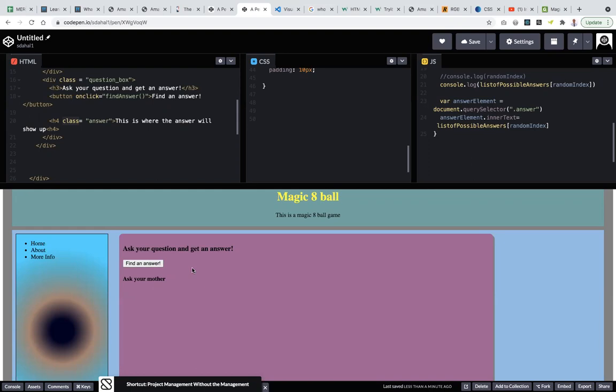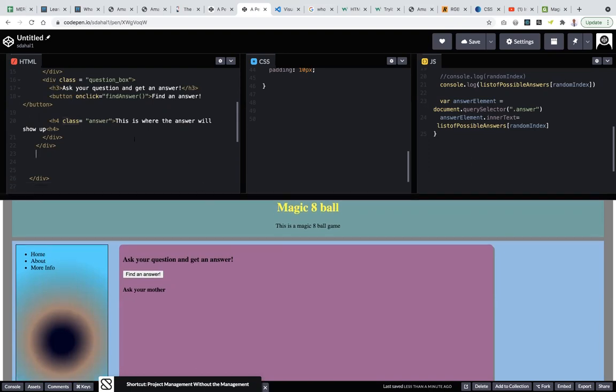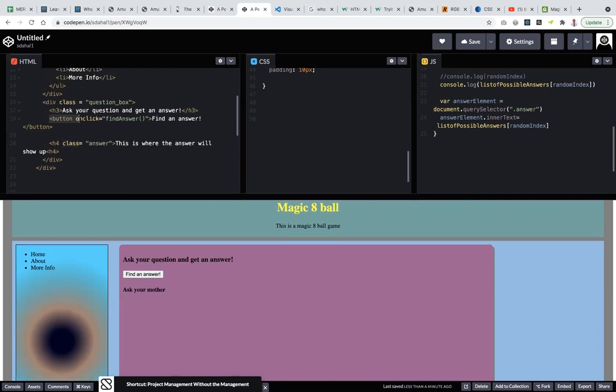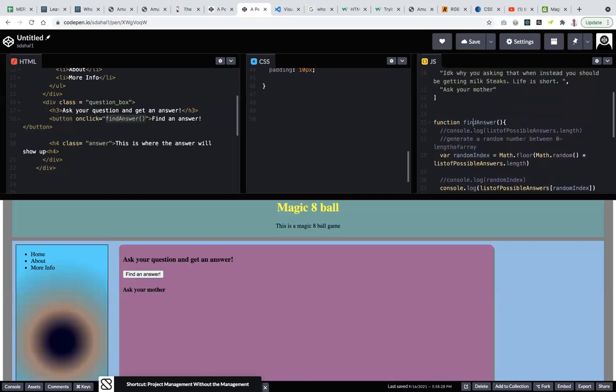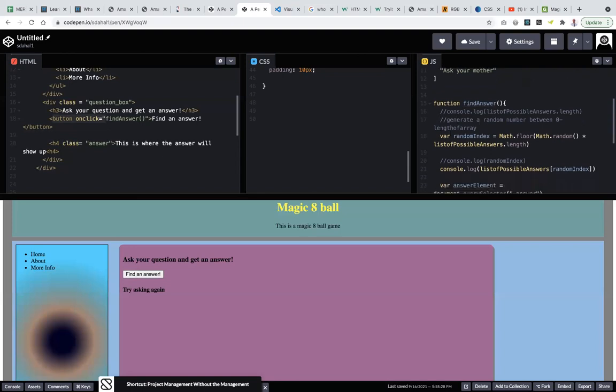So what's happening? Let's talk about the JavaScript. Let's go over that real quick. So I have a button here, and this onclick is a built-in term in HTML that allows me to listen for a click event for this button. So when this button is clicked, I'm telling it to run this function called find answer. And the functions are in my JavaScript. So it's gonna run this function called find answer every time I click on this button. And in this function,